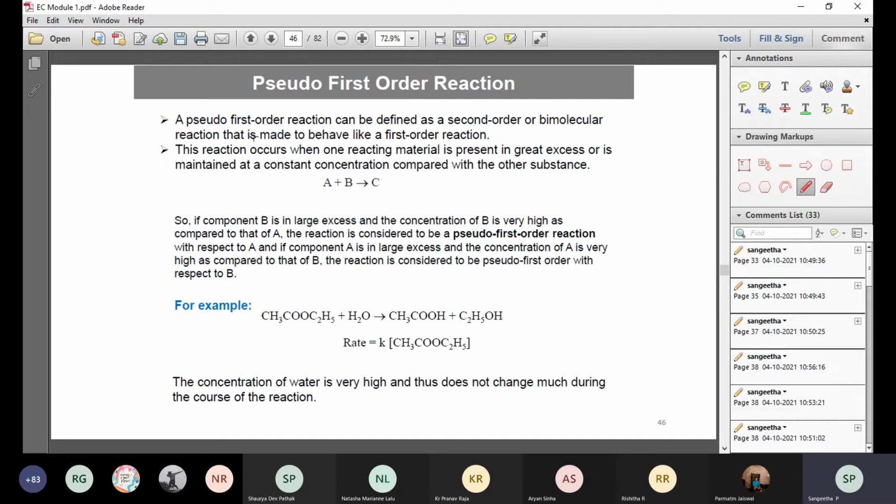Okay, next one is pseudo first order reaction. Till then we have seen only the basic things of what's rate law, what is the stoichiometric order of the reaction, and how do you calculate the half-life. All those things have been done earlier in the school days itself. I'm not going to ask any of that part in your exam. Only certain applications will be your model questions, which I will be posting for you, so that you can just go through those model questions and be prepared accordingly.